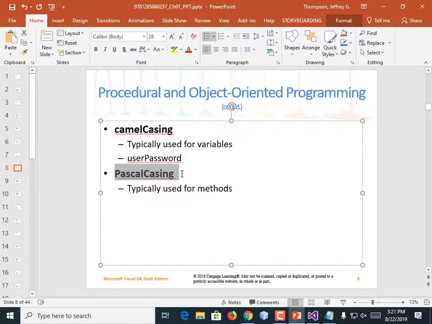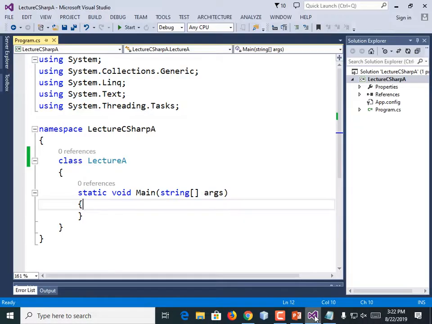Class names also are done with an uppercase letter at the beginning. At least common industry parlance. Don't recall if this textbook enforces that. If we go and look at our source code, we'll see that that's the case, though. Main in C++ and in Java would have been lowercase, but again, they're following the so-called Pascal casing, making them uppercase. Now, I may accidentally make all of my methods lowercase just because that's the standard for a lot of other platforms like Java. Doesn't really matter, it'll run either way.